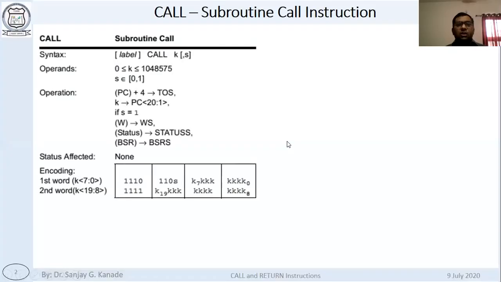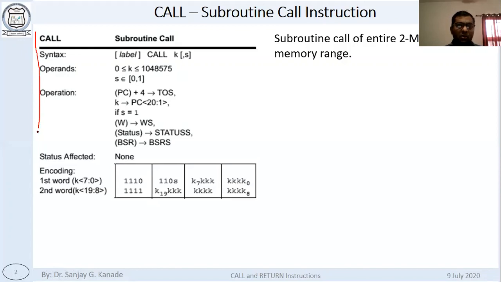So this is the basic information about the call instruction up to here. Obviously I have taken this from the PIC18F45K... datasheet. Now you can see here the syntax for call is call k.